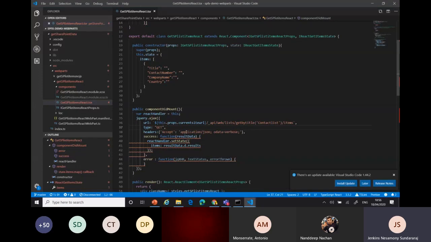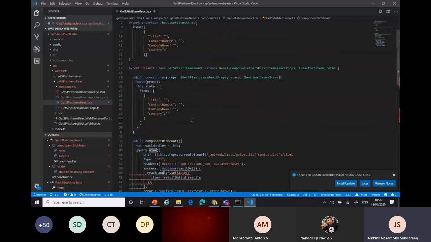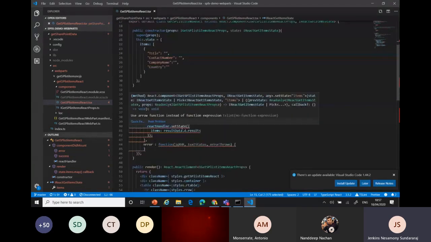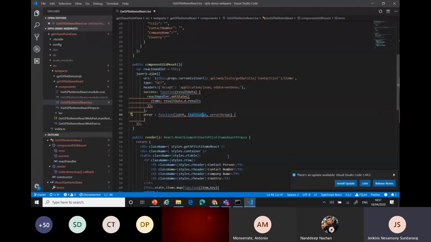Okay, and I installed jQuery and jQuery UI for this Ajax process. And then I can construct the value. That's not a big thing. I construct the value with the state, and I created one interface for the same, with the columns available. It's the same thing, no difference compared to the previous example. The only difference is here I use the React object. In the next class you can get more detail about React. Now you have the solution for both React as well as Node.js, taking the data from SharePoint and loading it, and you can see it, right?